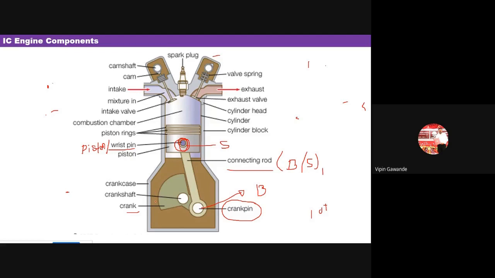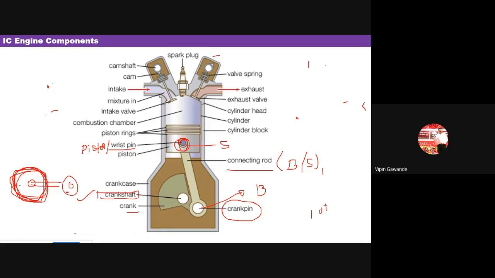This is the crankshaft. It is a rotary component which gets rotated by the movement of the connecting rod. Now the crankshaft is rotating, but this is not a uniform rotation of the crankshaft. While driving we require uniform rotation on the wheel, and the crankshaft is connected with our wheel.